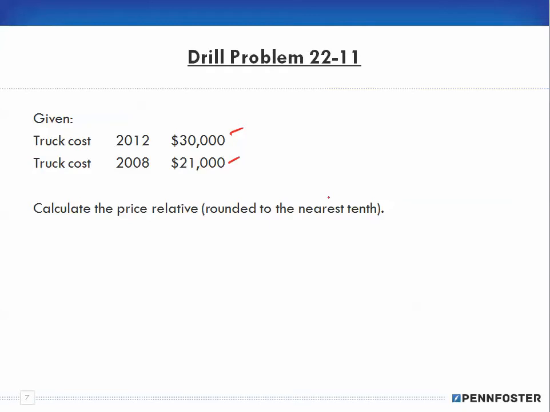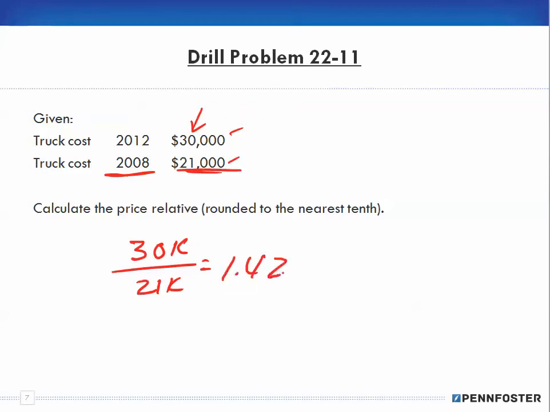So to find the price relative, right? The base price is going to be the 21,000 because that was in 2008. Okay, and we're taking our current price of the 30,000, and we divide it by the 21,000, and that gives us, let's see here, 30 divided by 21. That gives us 1.4285, and we multiply that by 100, and that gives us